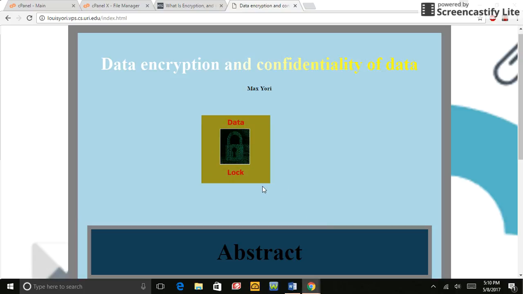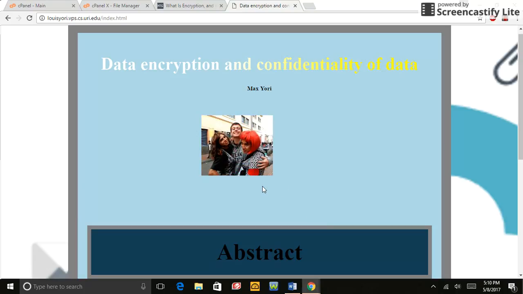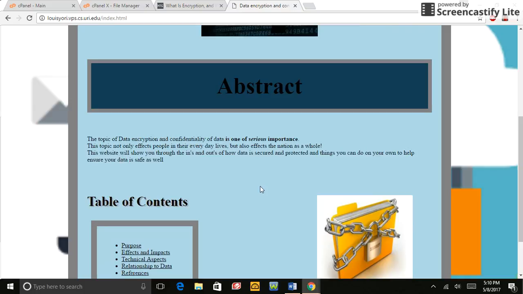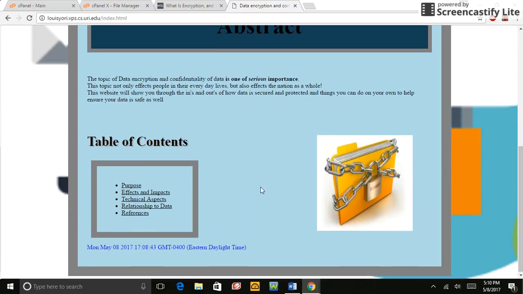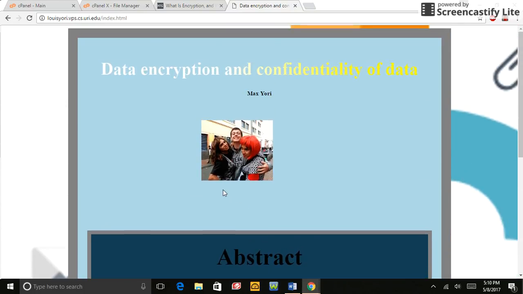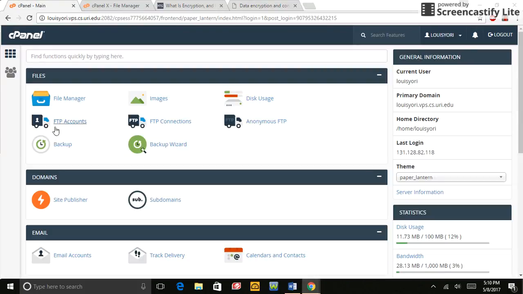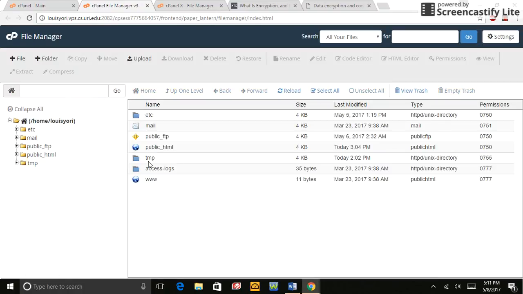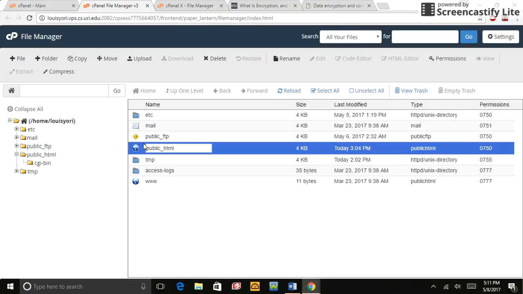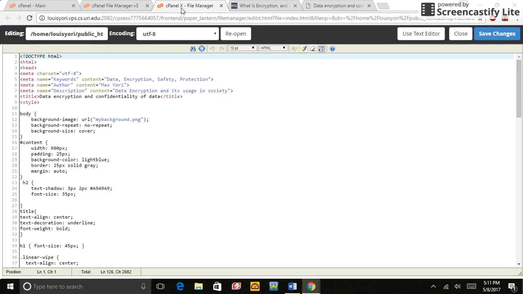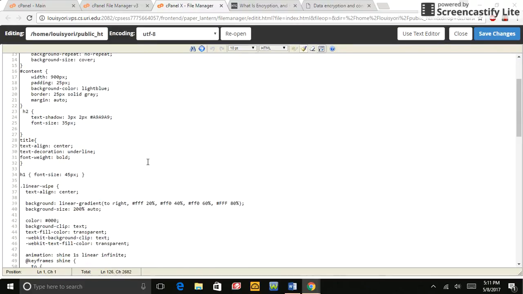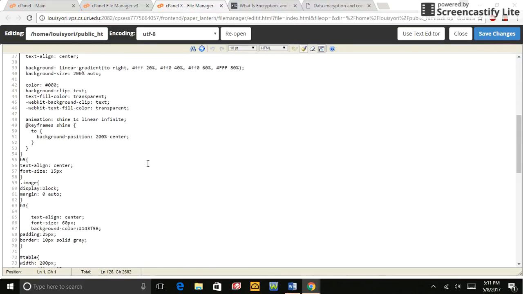So first I want to show you, this is my homepage. I used a bunch of different features to make this website, and I'm going to show you a little bit of what we did. We used cPanel. We were given a domain name, and we were able to use that to go in and make ourselves a website. So we went into this and the public HTML, and it brings you to something like this, where we get it and we're able to actually create our own web page